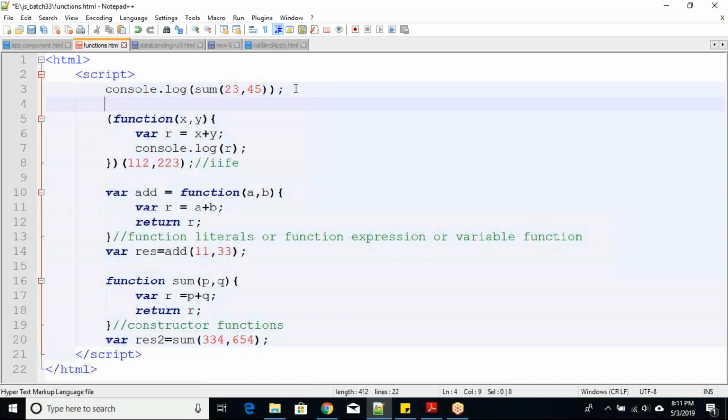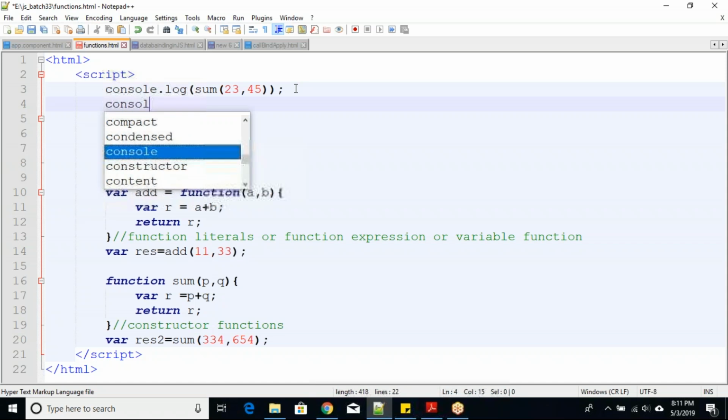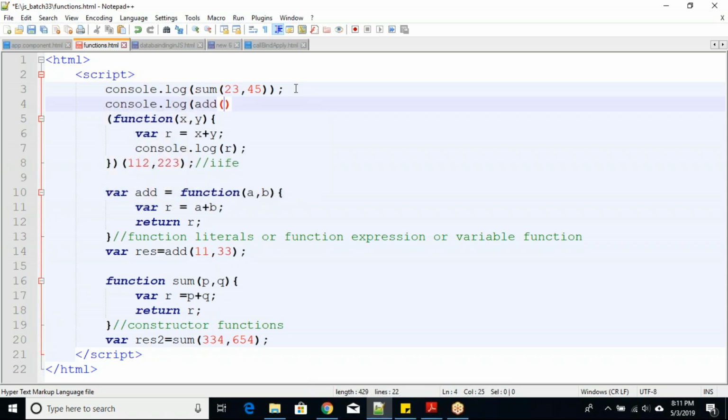You cannot call something like this, console.log of add of. This is not possible. So this is an error, and this is 68.